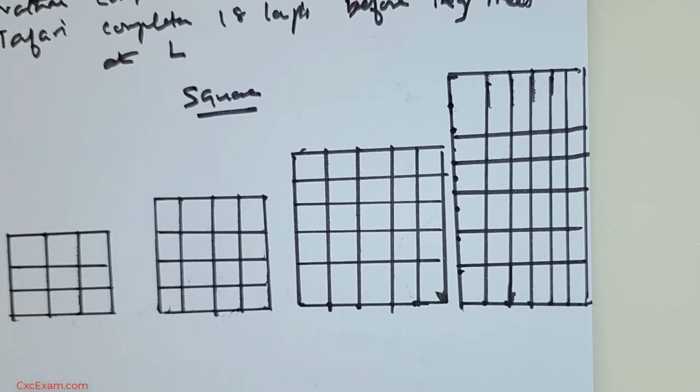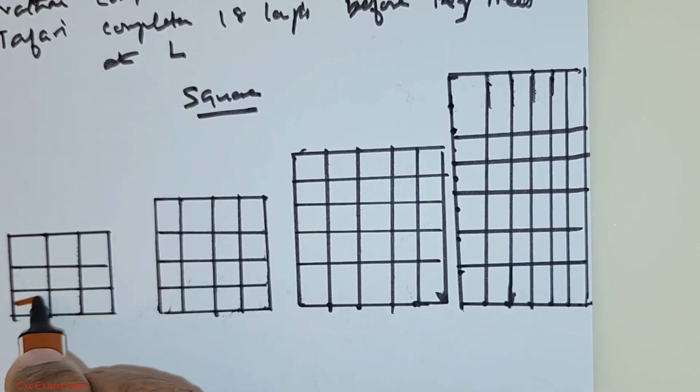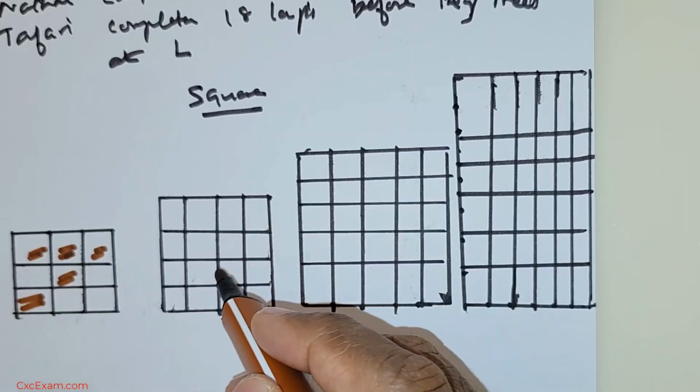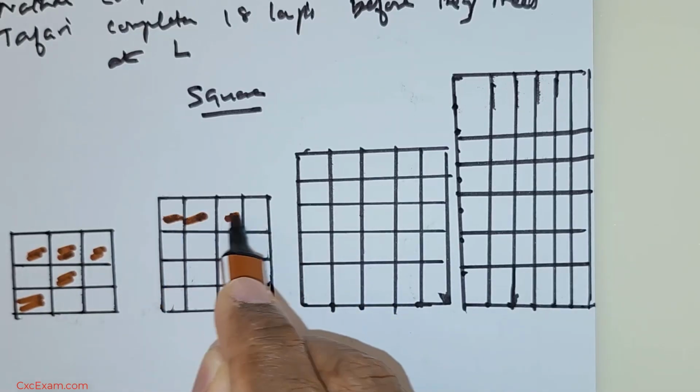Okay, so this is what is being colored. Okay, you have a coloring here like this, and